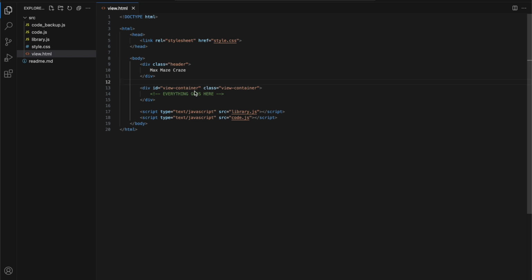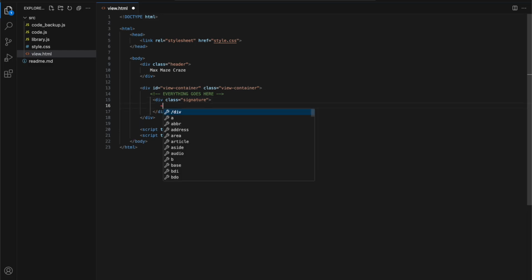Okay, so we are in the view HTML, and we need to add a little bit of another div for our signature. So let's go ahead and just come in here, and we're going to just add it into the view container. So here we're going to give a wrapping div class, and we're going to just invent this class. Signature is going to be the name of our class that we put in our CSS file. And then we're going to just put two divs inside of here, and we're not going to give them a class. And it's going to be created by,